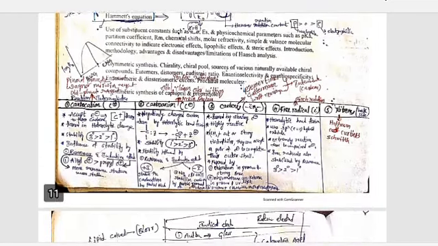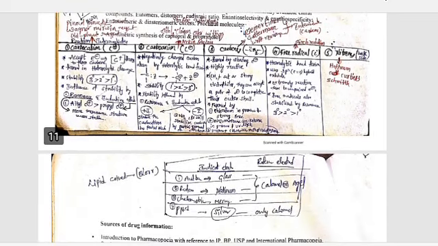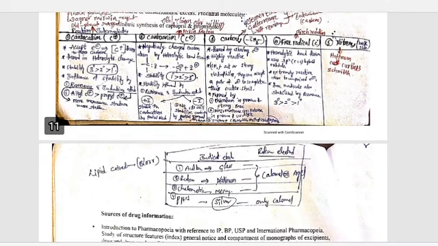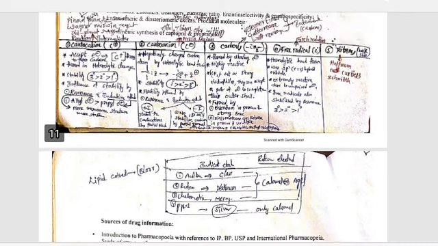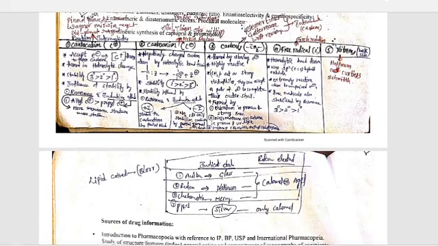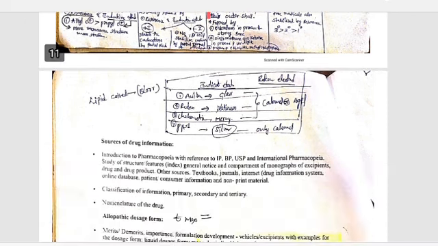If you see this, carbocations, carbanions, carbene, free radicals and nitrenes, and what are the named reactions in which they are formed in the mechanism. Let us take an example. Hofmann reaction, they will form nitrenes. Like that free radical bridge reaction is going to be followed. Like that different named reactions, different intermediates will be formed, that you have to know. And the preference order, stability orders are represented. If you see clearly, if you prepare like this, it is easy for you to prepare for the GPAT exam.